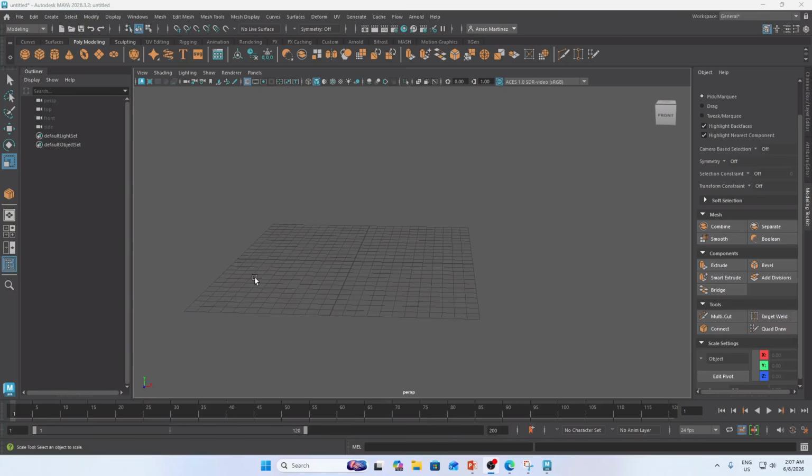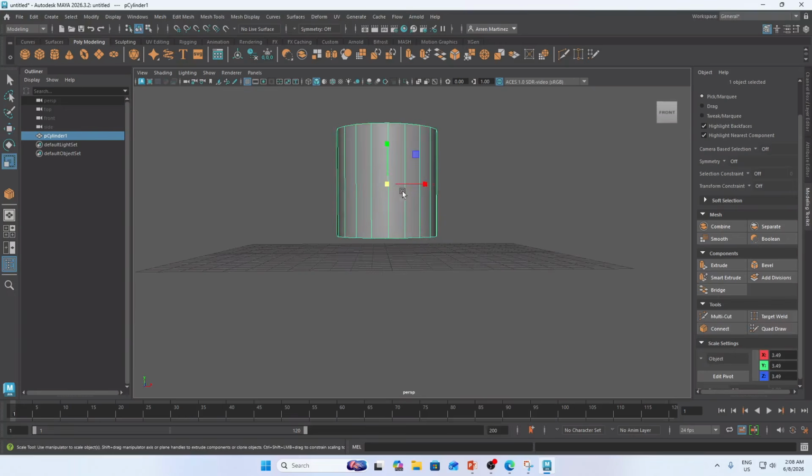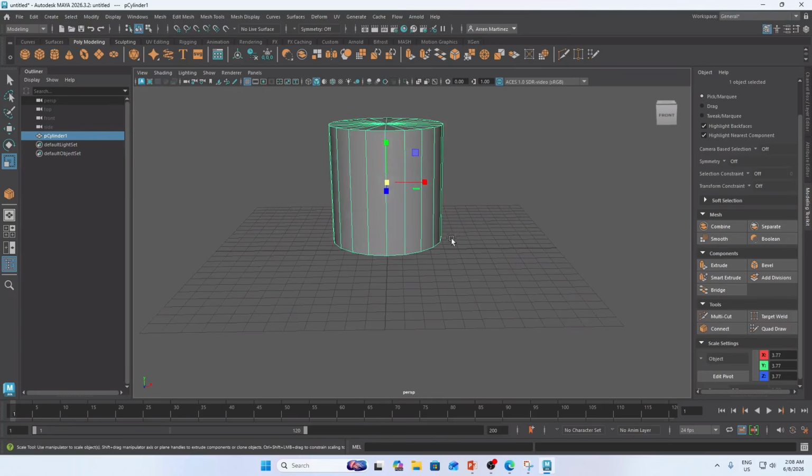But I am pretty sure that this lesson will help you become a 3D artist someday. So let's begin. For this object, we will use a cylinder. I will resize it. Again, it depends on you, on the size.